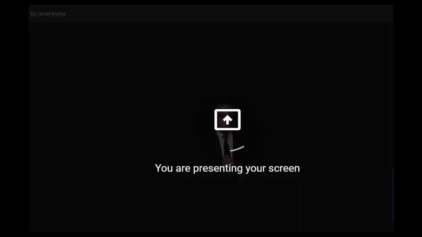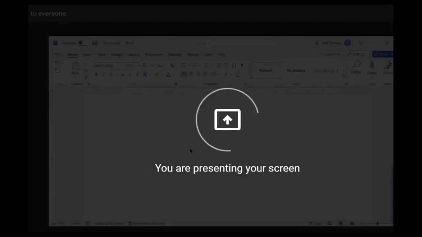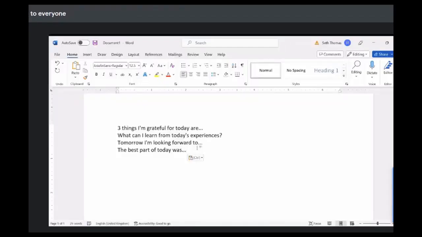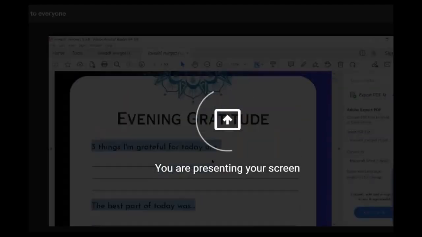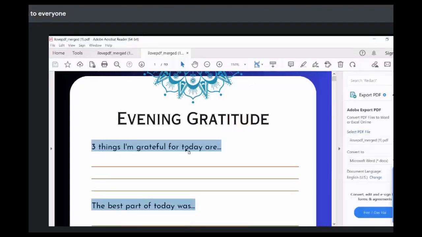So let me paste. It pasted though. It means that what we worked on worked. See, this is the document I just copied now from this PDF file. I copied this from this PDF file and pasted it on Microsoft Word and it pasted correctly. But on this other one,